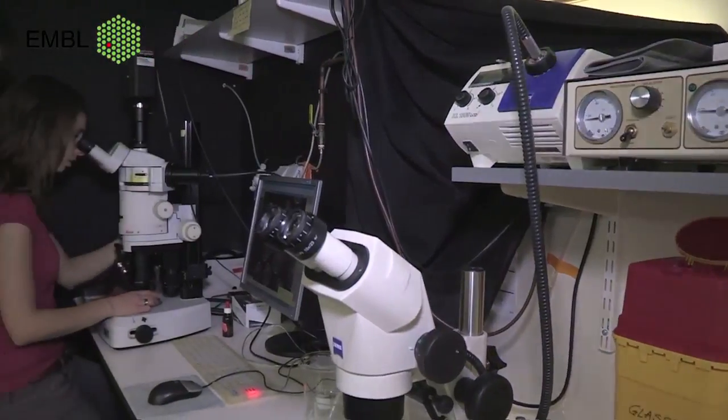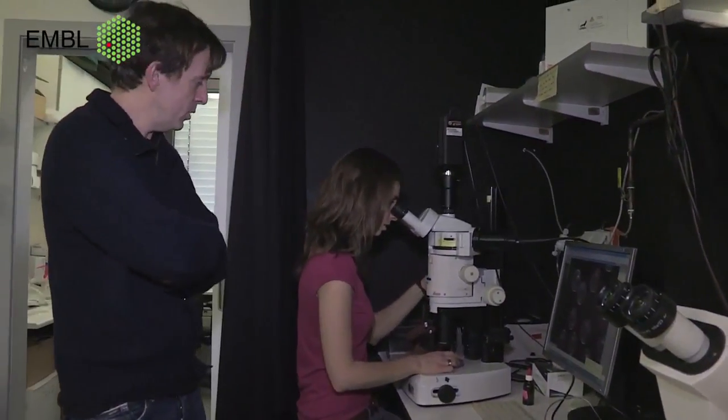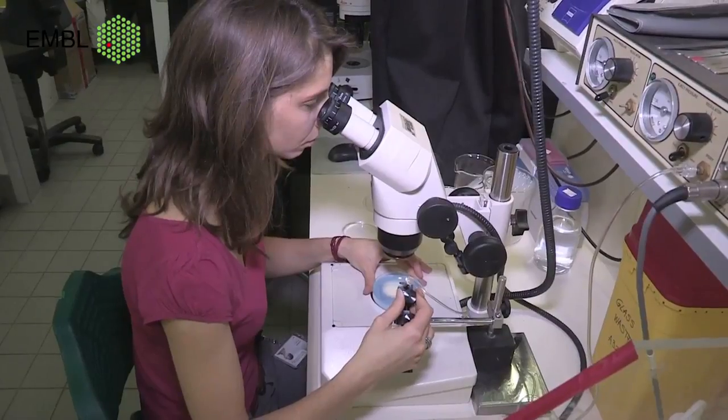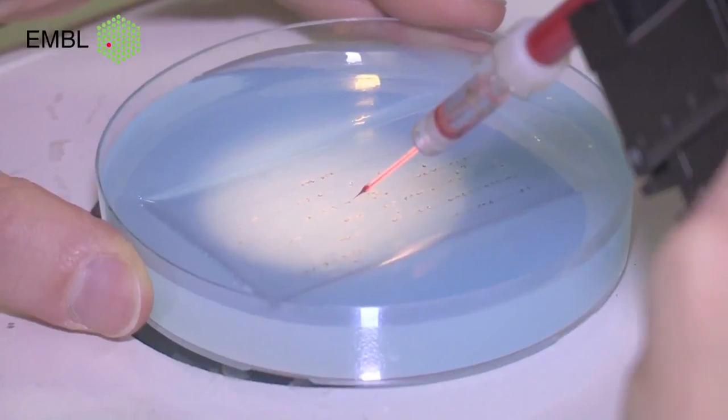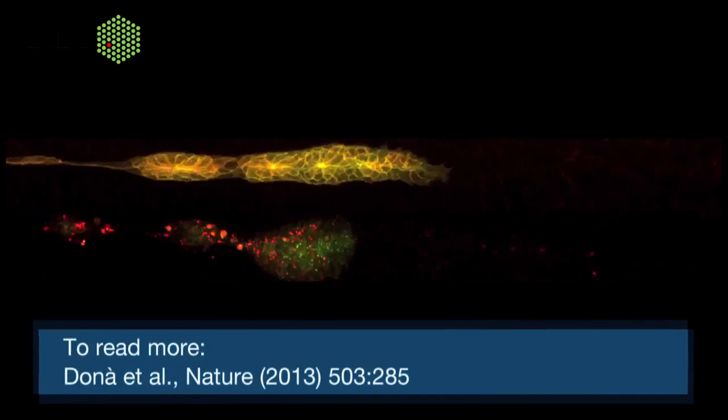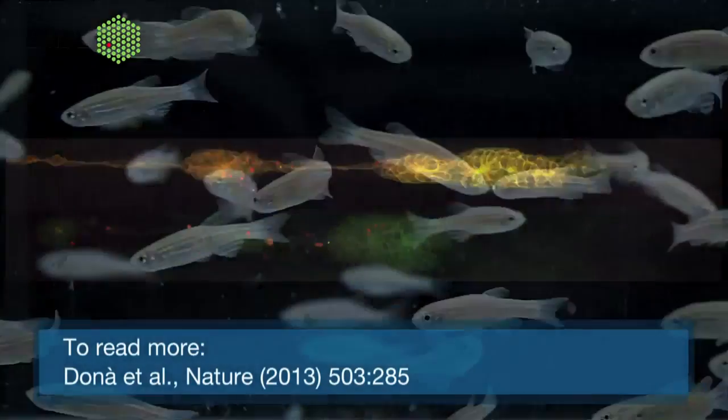A great example of how imaging can answer how cells work in an organism is provided by Darren Gilmour's group recently, where Erika Donà has looked at the migration of a group of cells to make a new sensory organ. We made use of a novel timer approach to visualize chemokine activity in vivo in the live zebrafish embryo. We discovered that the primordium is able by itself to create a local gradient that guides its migration towards the